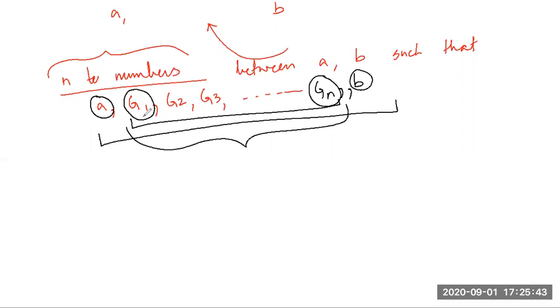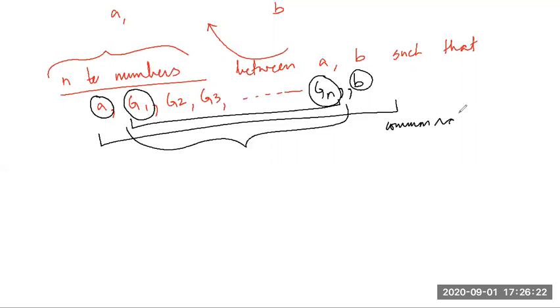But then what will be the values of G1, G2, G3 and Gn? So we're going to do the procedure in the same way we have done for arithmetic progression. Like when we found arithmetic means, we inserted so many numbers between two given numbers a and b. So we're going to go in the same way as in arithmetic progression. We had found the value for d. Here we are going to find the value for the common ratio.